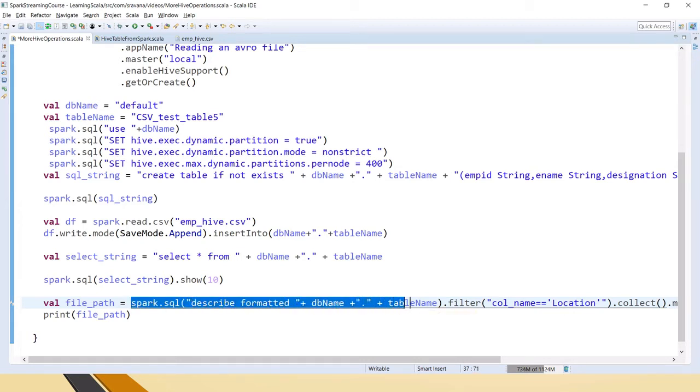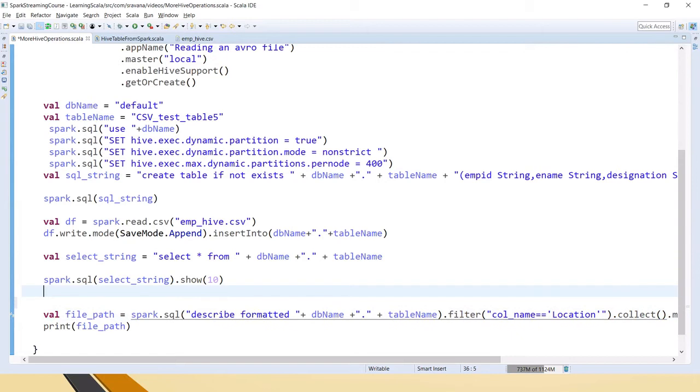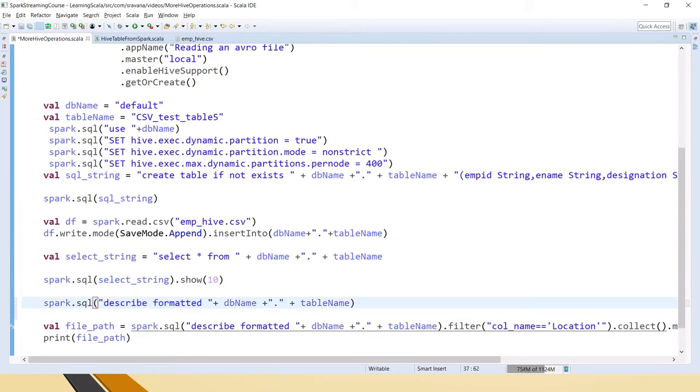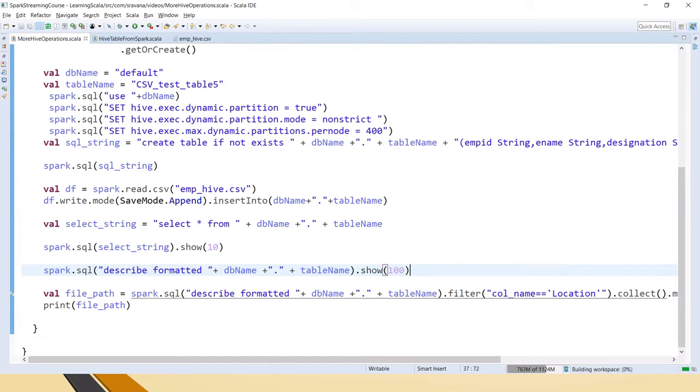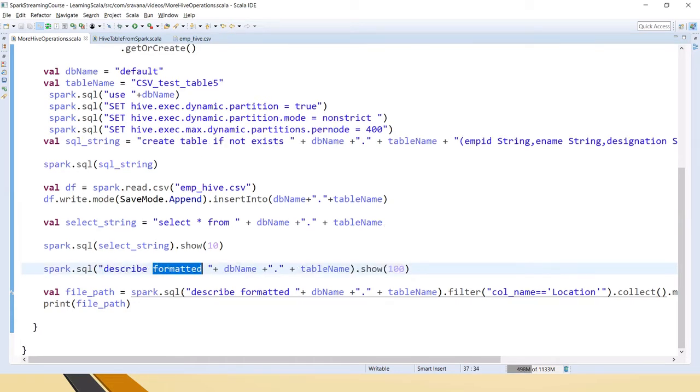Just before this, I'll simply run describe formatted so that we will see exactly what details are shown when you do describe formatted on a table name.